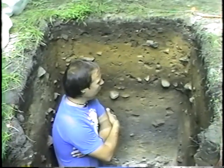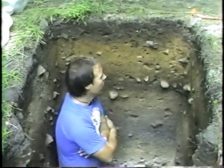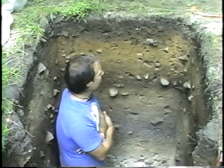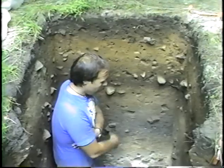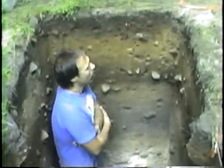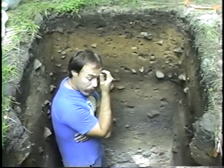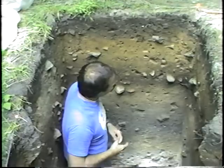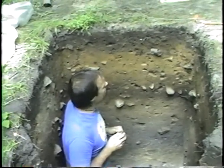Okay, I'm standing in an excavation unit in a rock shelter in Big South Fork National River and Recreation Area. My feet are about 180 centimeters below the ground surface. For those people not familiar with the metric system, that's about 6 feet. And I'm going to point out the stratigraphy that we've